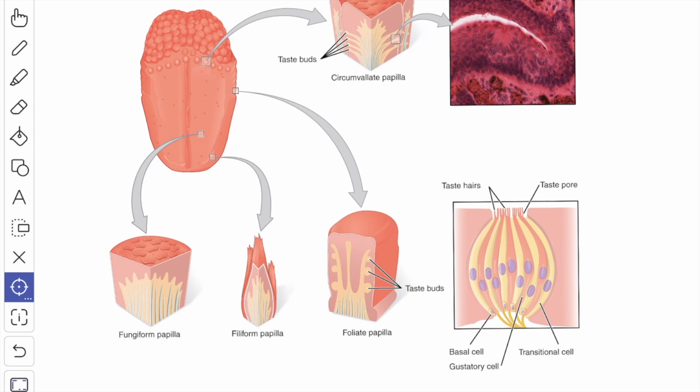The base of the bud is penetrated by the afferent gustatory nerve fibers. Functionally, 4 types of subjective taste sensation are appreciated by the tongue: the sweet and the salt at the tip of the tongue, the sour taste at the sides, and the bitter in the pharyngeal part of the tongue.